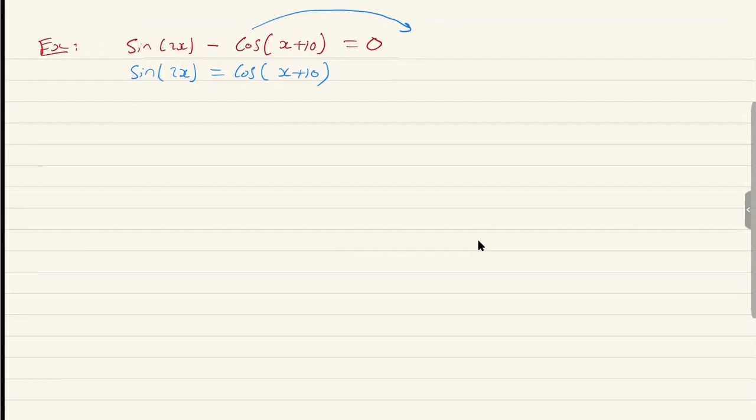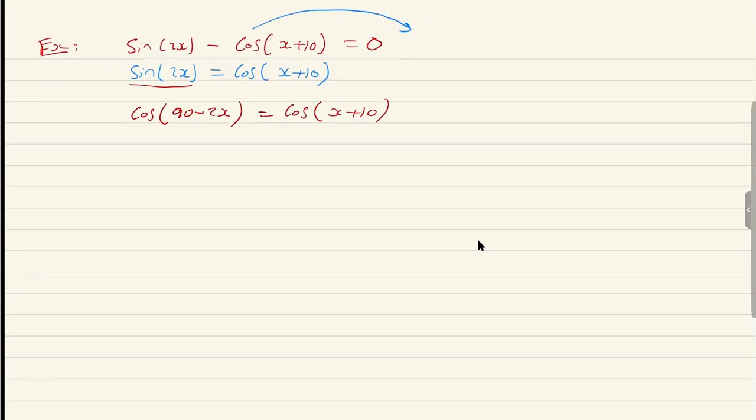We will change them. We will make sine to cosine, or cosine to sine. In this case, it is easy to change this sine x. When you make it cosine, it will be cosine of 90 minus 2x, co-functions, is equal to cosine of x plus 10. So we are saying that